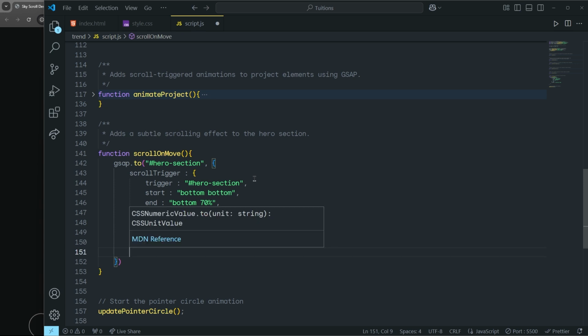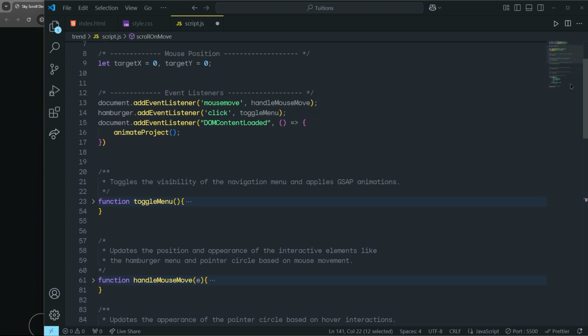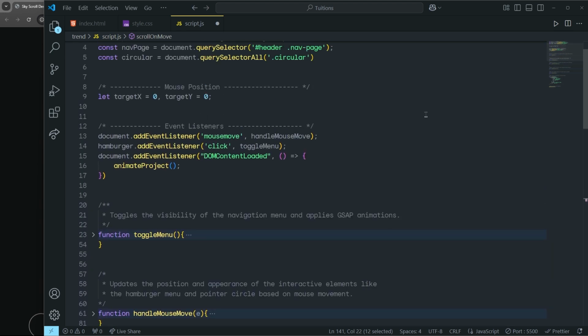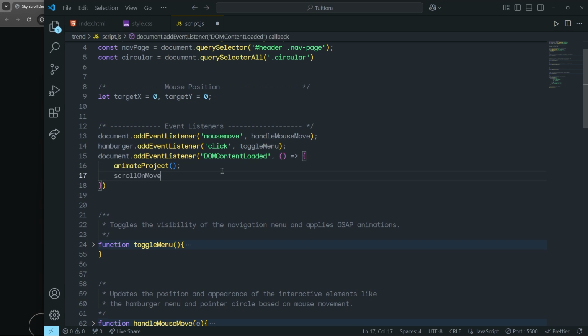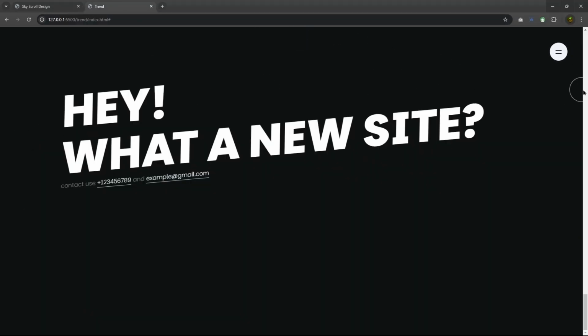Here we add a comma and set the easing function to power2.out. And now you have to call this scroll on move right at the top, just after you call this animate project, something like this. Save the changes. And now when you scroll down, you can see